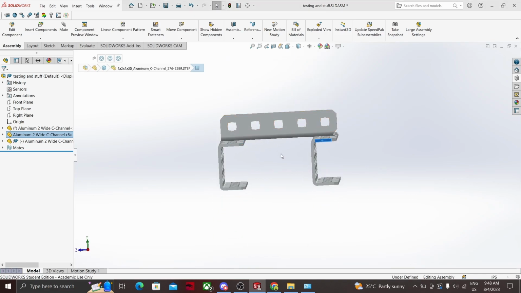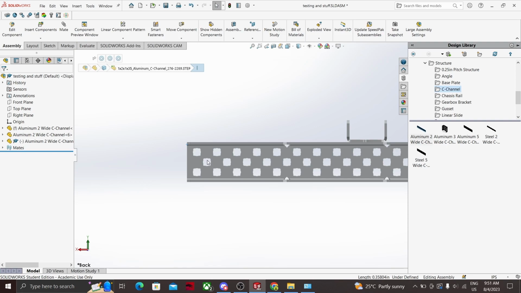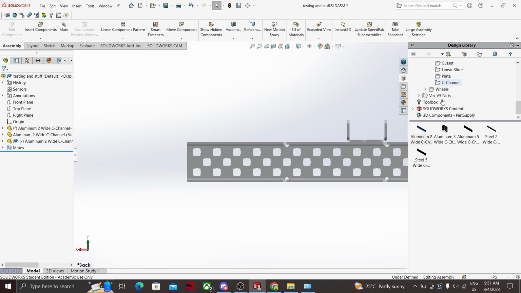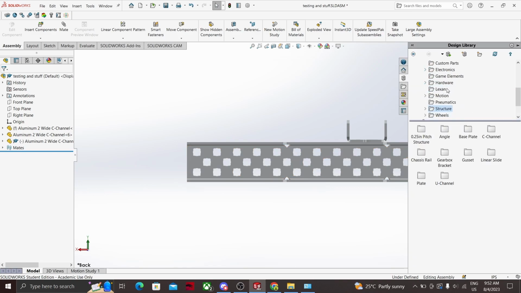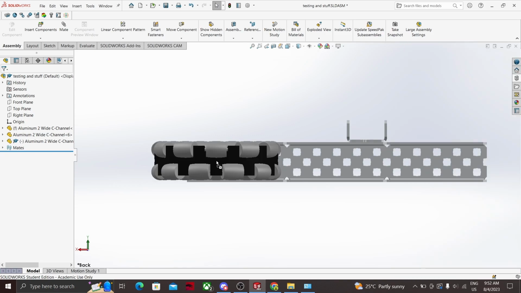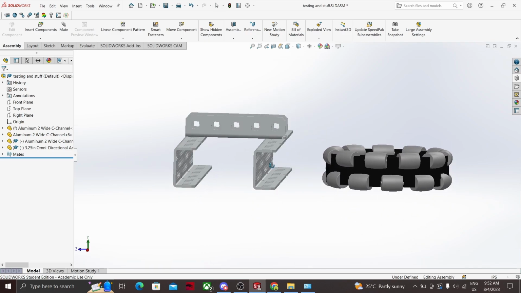So in this situation, I want to put an omni wheel right here. So it will spin around this hole right here, and it'll just spin like this. So I will take an omni wheel from the library. Wheels, there you go. Let's just take an anti-static one. So we have a 3.25 inch omni wheel. It's rotated the wrong way. That's okay, because